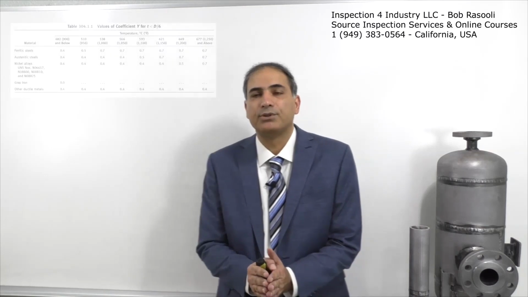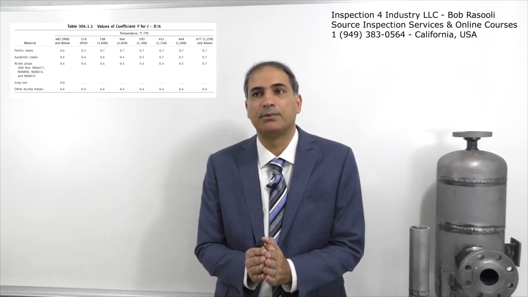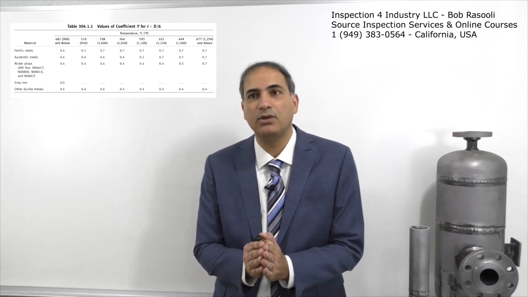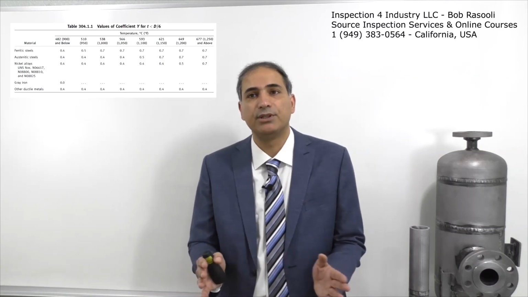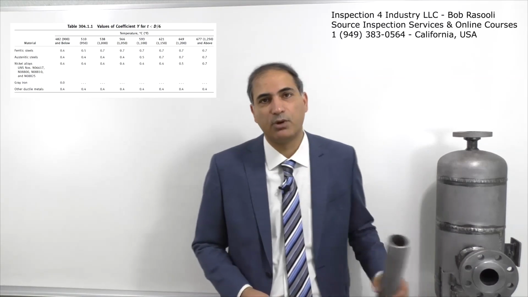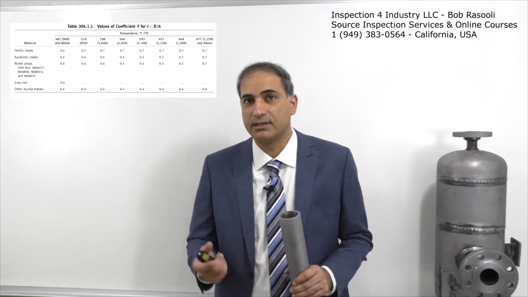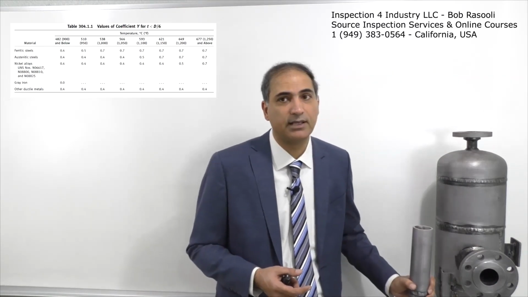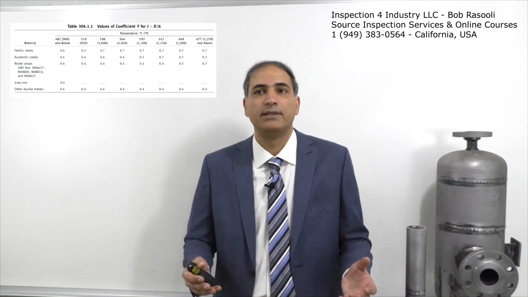And then I put also the table that I mentioned about the Y value. I said it depends on the temperature and also the material you are using. For ferritic steel like this one, where the iron element is more than 50%, it is considered ferritic steel. Normally it's 0.4 when your temperature is below 900 degrees Fahrenheit. You can see the